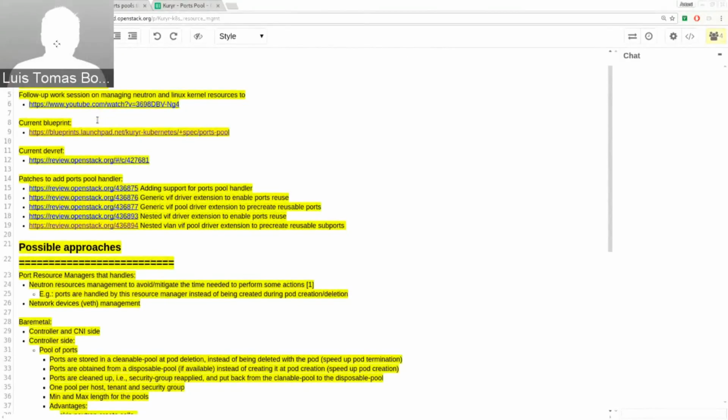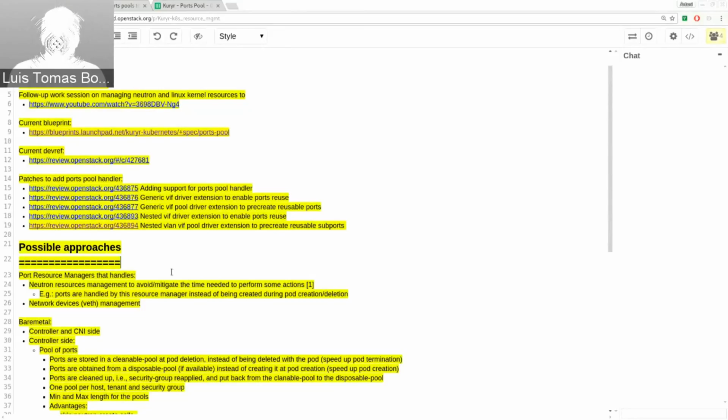Yeah, I just use that blueprint to have all the patches linked together. We will need to update it later on, and those are the 5 patches so far regarding one of the resource management handlers that we have. This one was about ports creation and deletion. So maybe I can briefly summarize what we have already done. Those patches are waiting for review, and as we were discussing in the previous meeting,